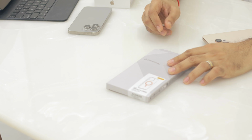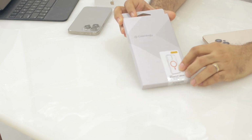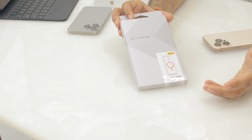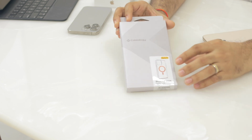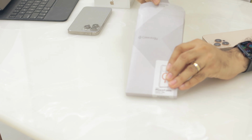Even though the natural titanium on these new phones is quite durable, I would still recommend rocking a case on your latest iPhone and protect your investment. So I have this Caseology case with a MagSafe ring, but this is a clear case with a standout colored MagSafe ring and not a white or a black colored one. So let's check this case out,